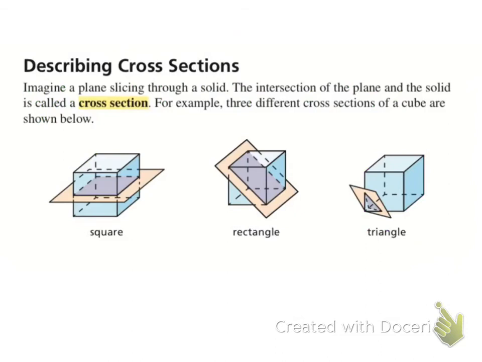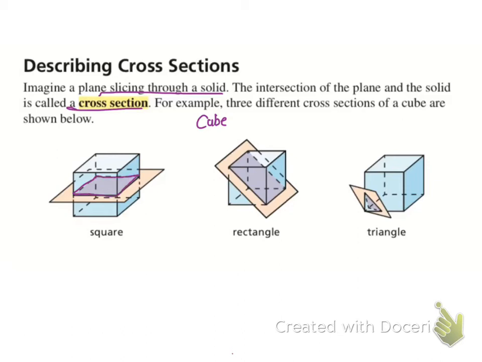Describing cross section. Cross section is just like if you're cutting an apple, you just slice it through the middle, and what kind of shape you see after slicing the inside part, that is called a cross section. So slicing through a solid, that's the intersection of the plane and the solid, is called cross section. The shape you see, that's called cross section. If you have this cube, all 3 cases are cube, and they're showing that you slice in 3 different ways. If you're slicing it horizontally,